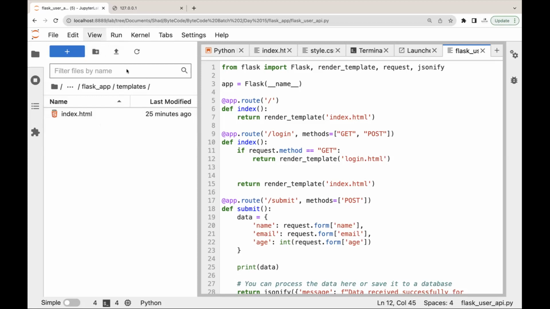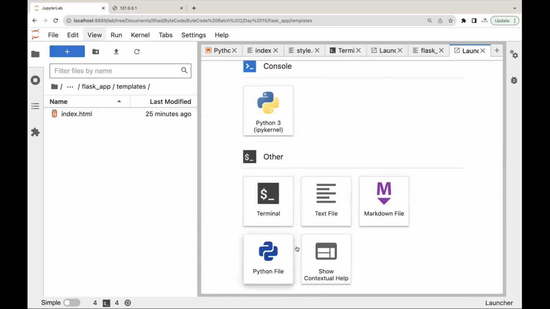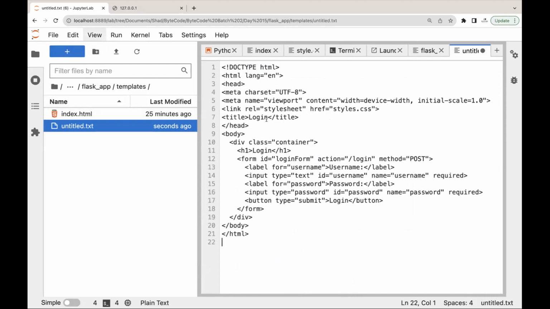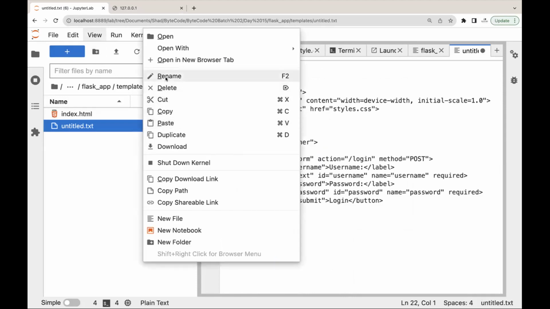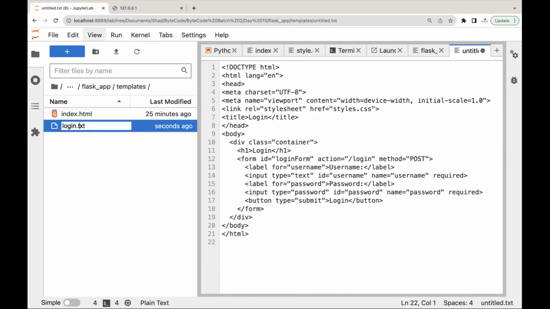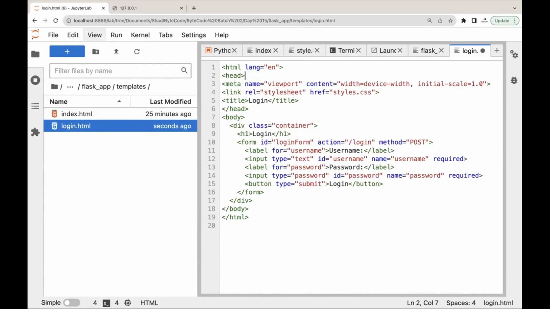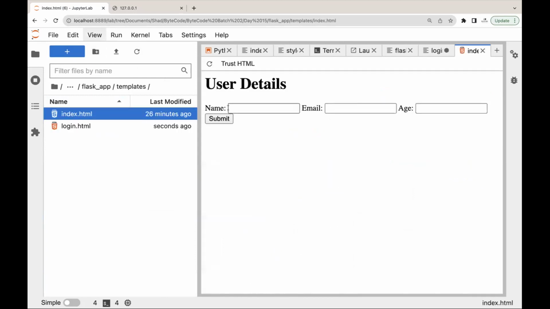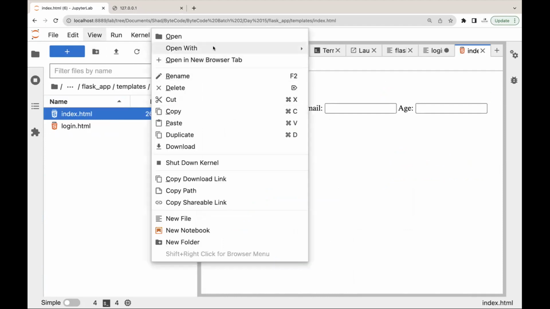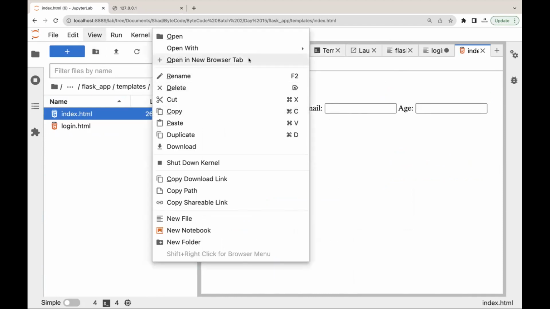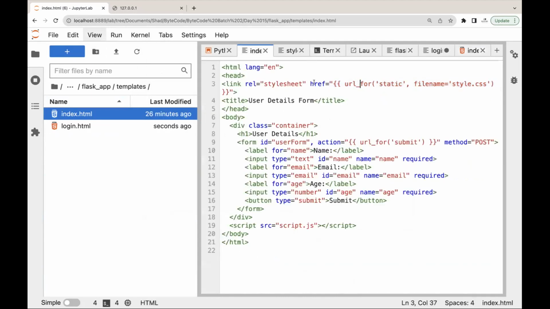Since I'm saying login.html, I will create an HTML file and name it login.html. This again is very simple. You don't need this. You also don't need this. Open with HTML, I want it in the editor. The href will be this,